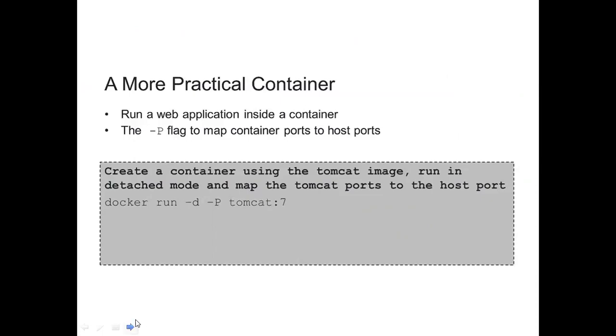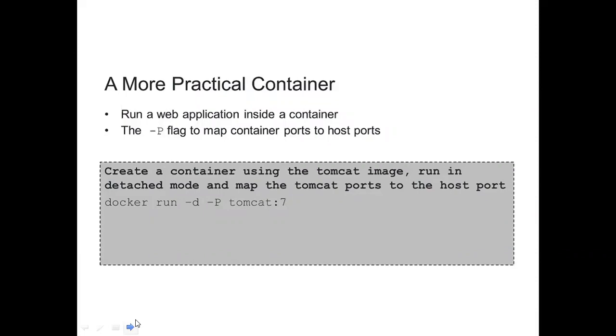So let's get into some practicals now, the container practicals. I would like to run some web application inside a container. Here, Tomcat is the server I would like to run, but I would like to access it from outside, in the sense of my browser, because inside the container it will be running. Now the problem is the container has its own IP address. It's not a public IP, by the way, and I have an EC2 machine with a public IP. So what I can do is map